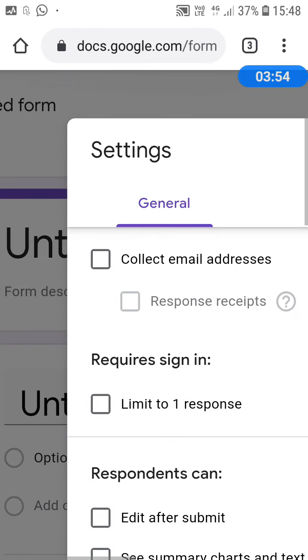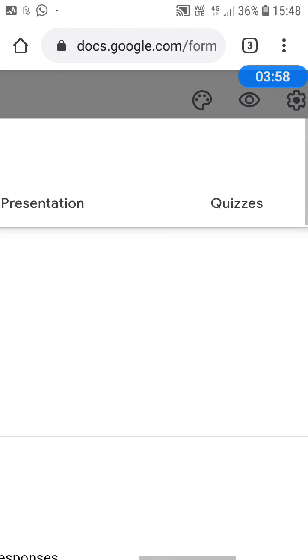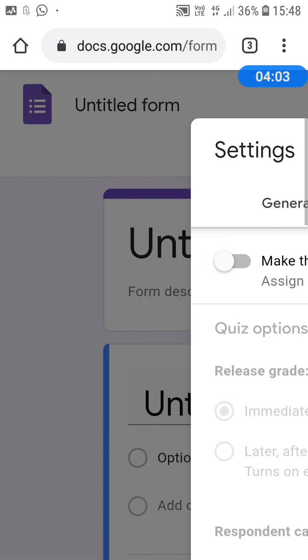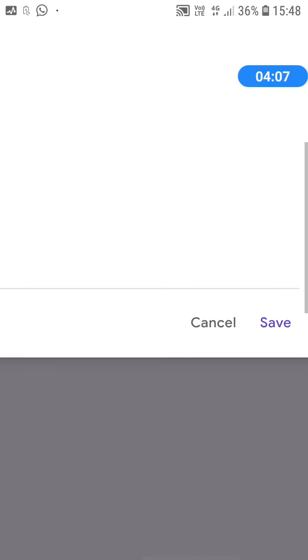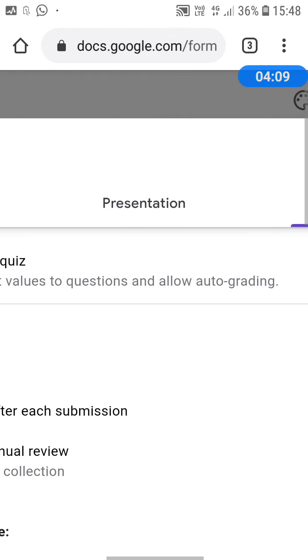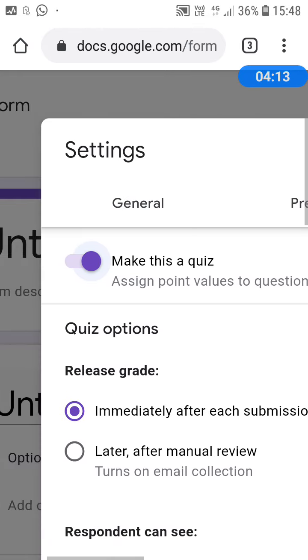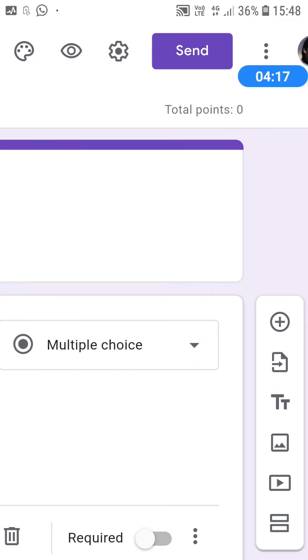Because I am going to make this a quiz, we have to click on quiz setting. So quizzes are here, and make this a quiz and then save. What we did: click on quiz and then make this a quiz. You have to click on it, turn on the button, and then save.